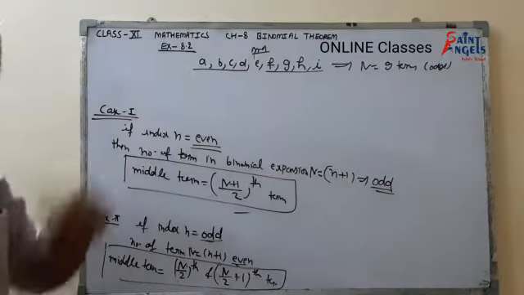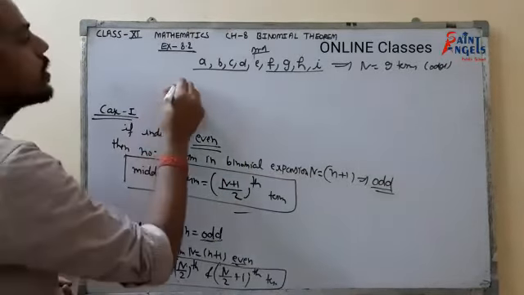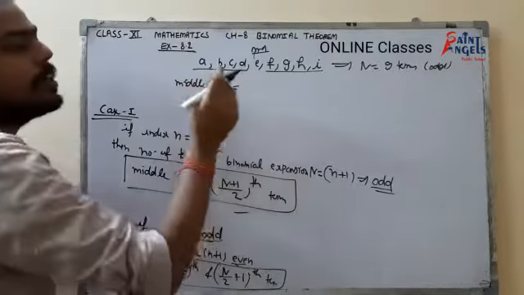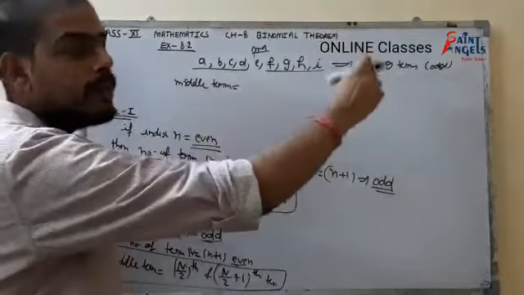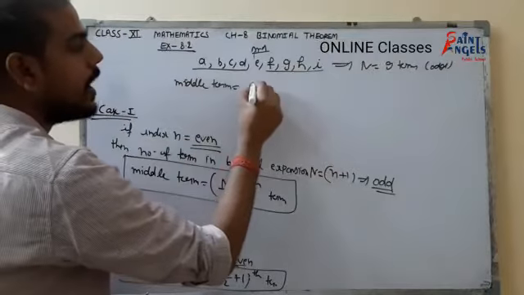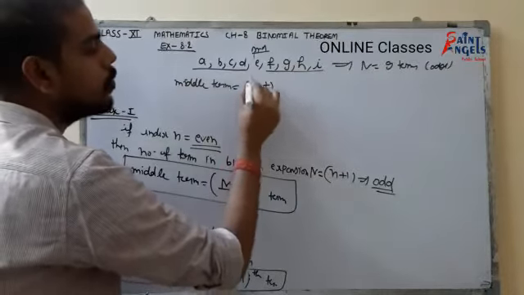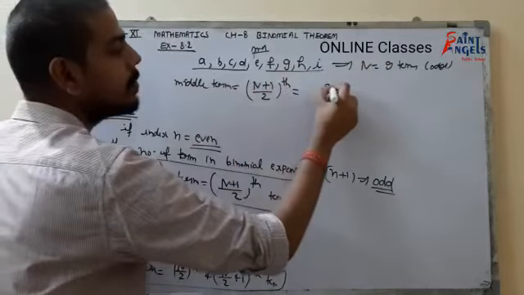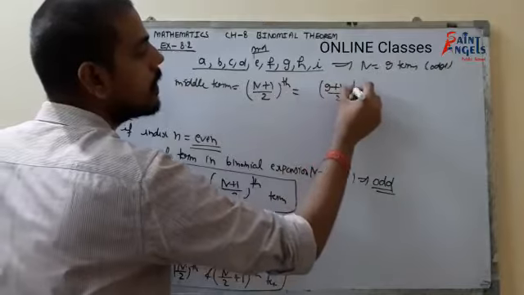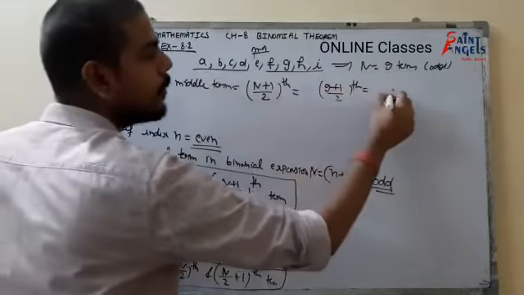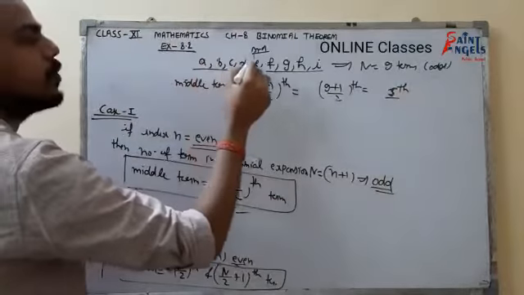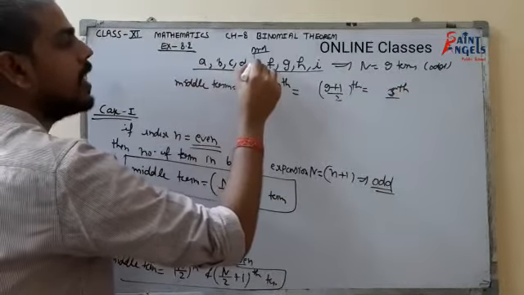But can we generalize it in a mathematical formula? Yes, we can. Middle term is equal to (N plus 1) upon 2. How many terms do we have? How many odd terms do we have? 9 odd terms. If we add N plus 1 upon 2, that would be our middle term. Now check it. N is 9, plus 1, upon 2. It means 9 plus 1 is 10, upon 2, which means the fifth term. So is our fifth term the middle term? Check. First, second, third, fourth, fifth. Yes, absolutely. The fifth term is our middle term.